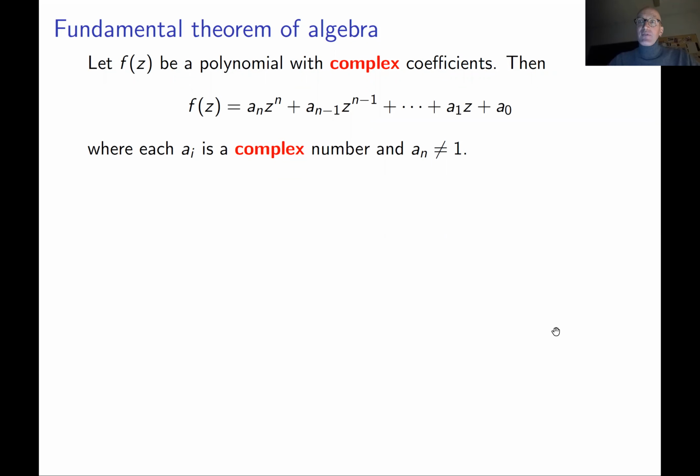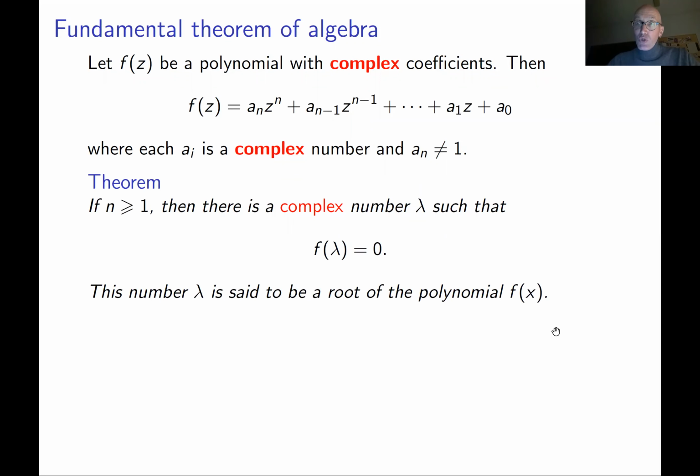For complex numbers, we have a very important result called the fundamental theorem of algebra. Some people consider this as one of the biggest results in algebra. And this is indeed probably the most useful result in algebra. It basically tells you the following. If you take any polynomial with complex coefficients and a positive degree, then it has a root among complex numbers. If you want to solve the polynomial equation f equals 0, you can always find complex numbers that satisfy this equation. This is not true for real numbers.